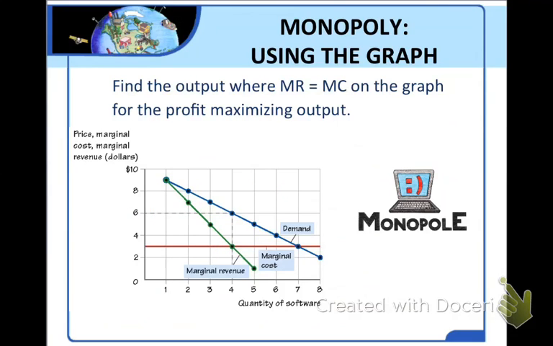Now, you may have noticed that we did not mention a supply curve in discussing how price and quantity are determined in a market controlled by a monopolist. This is because the quantity supplied by a monopolist depends on more than the price. It also depends on the demand curve. Under the same cost conditions, 2 monopolists with different demand curves would supply different quantities. As price makers, rather than price takers, monopolists will charge more for a given quantity if the demand is high than if the demand is low. Thus, it is impossible to use a supply curve to determine the quantity a monopolist would supply at each price.